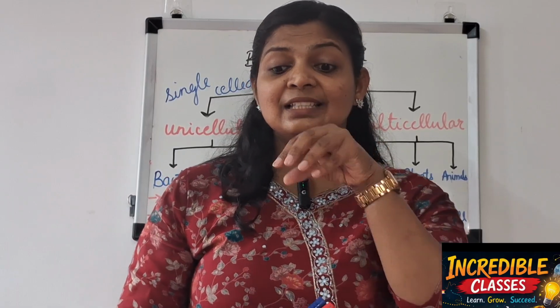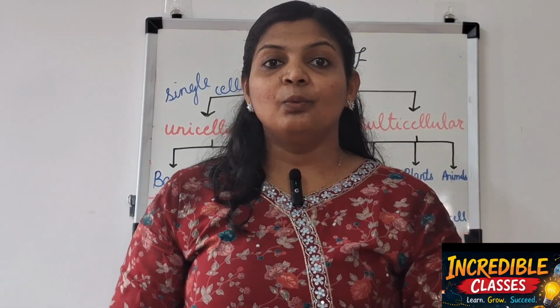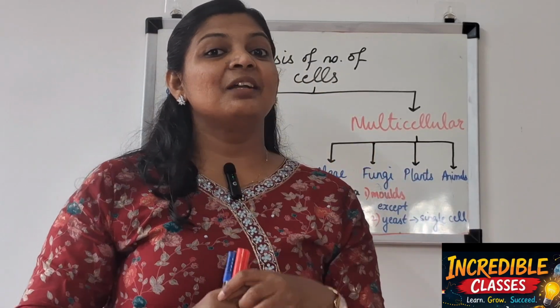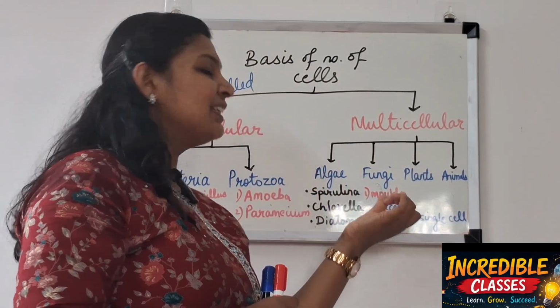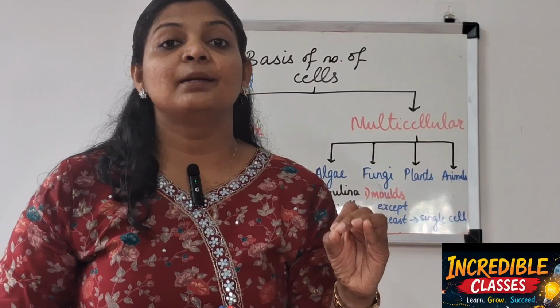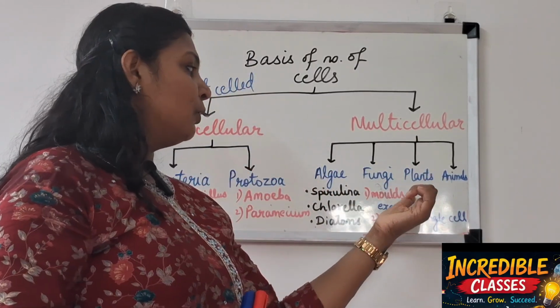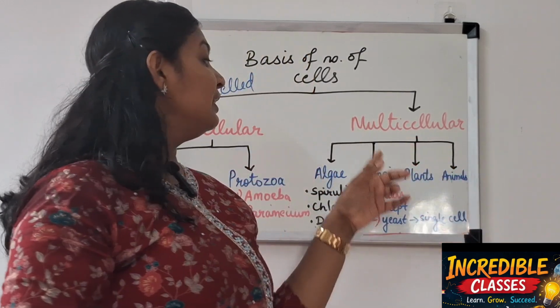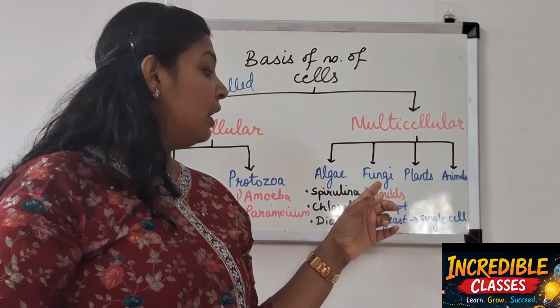That is why it has green patches all over. And those green patches, if we see under a microscope, fall into a category called molds or bread molds. So molds are multicellular,